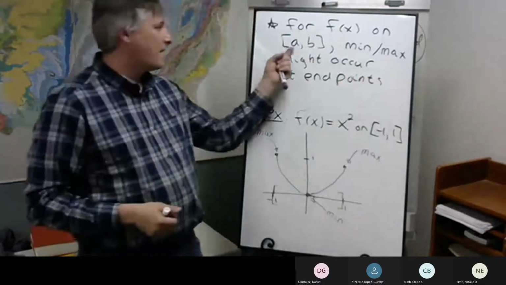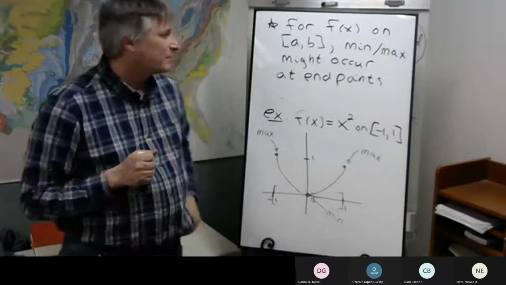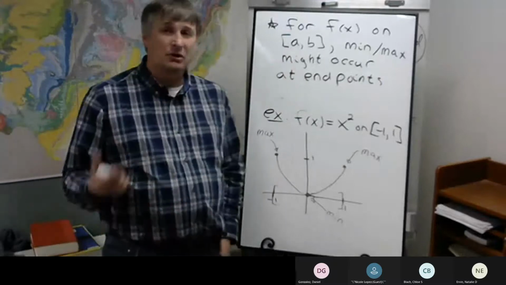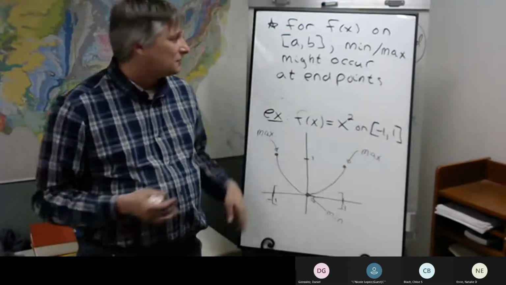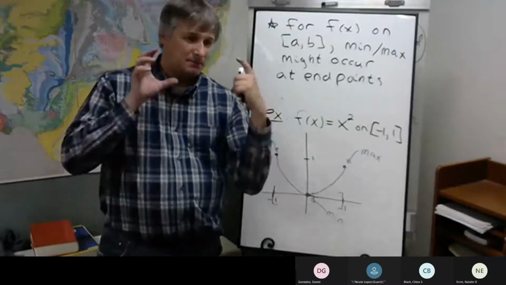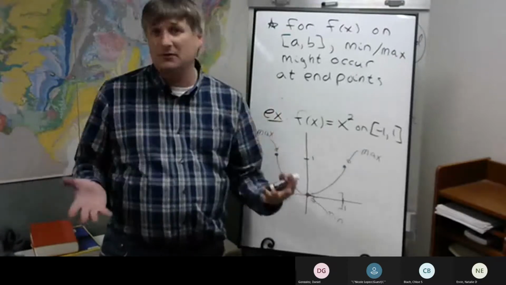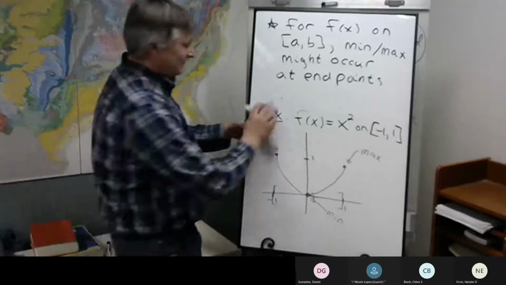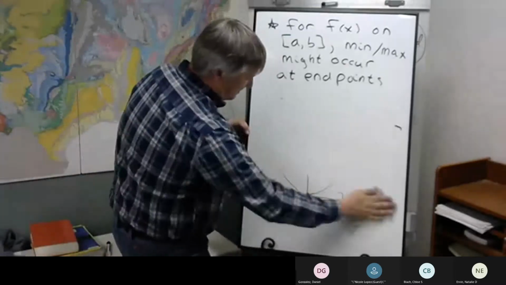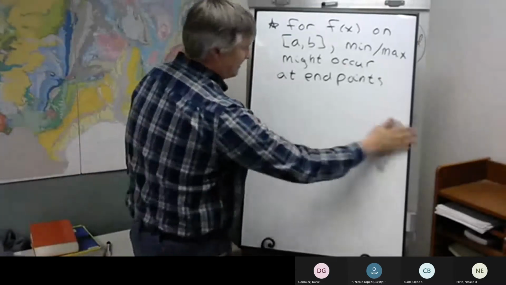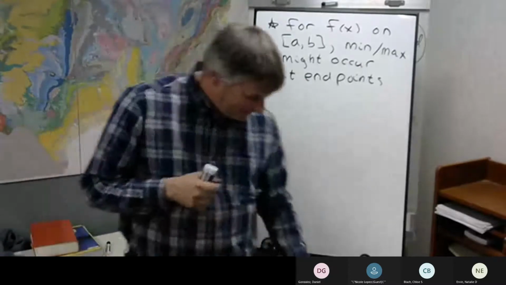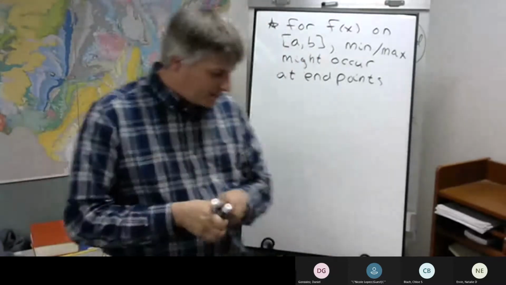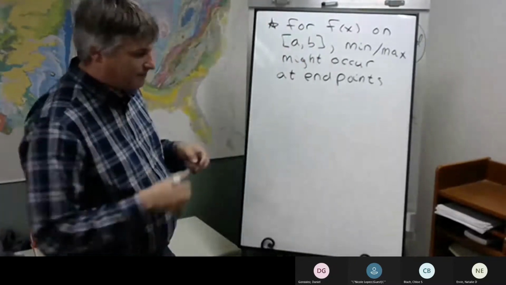So this is what's powerful about this closed interval. We could have a min and max occurring at the endpoints. So if we don't find a min or max in between those endpoints, we can look to the sides, and that might be where the min and max are. So to find the minimum and maximum of a function on AB,